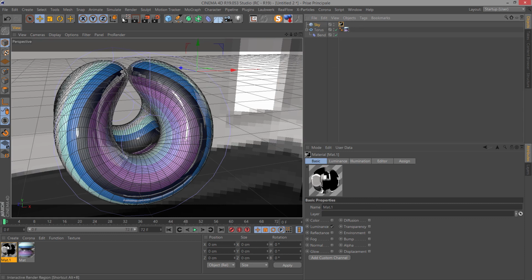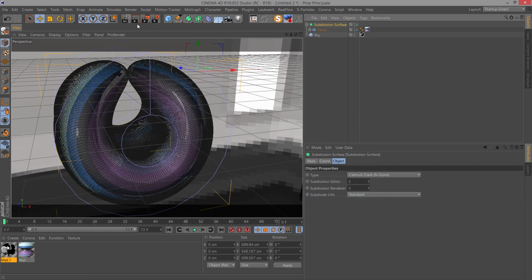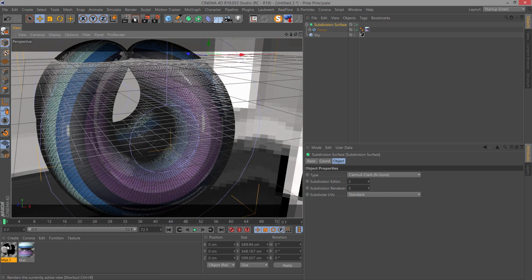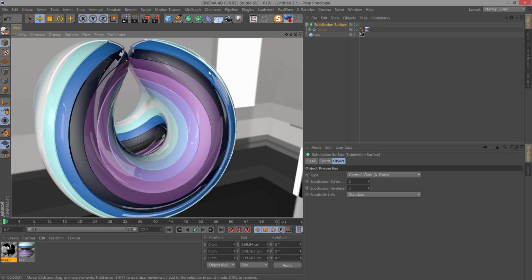Go to object, and let's see what we have. Before that, I will put the torus inside subdivision surface, like that. Okay, as you can see, we got a very nice reflection, and we can see the strip.